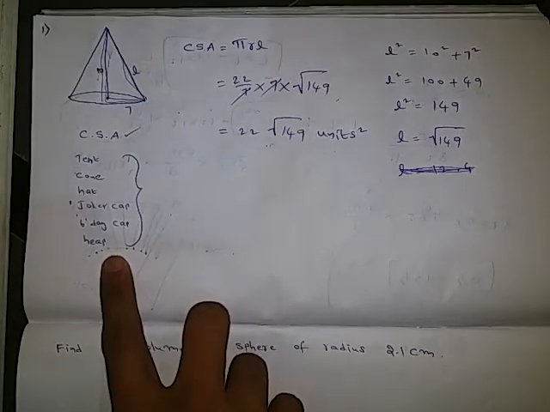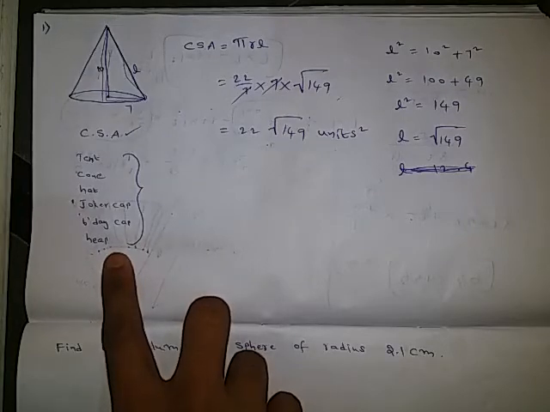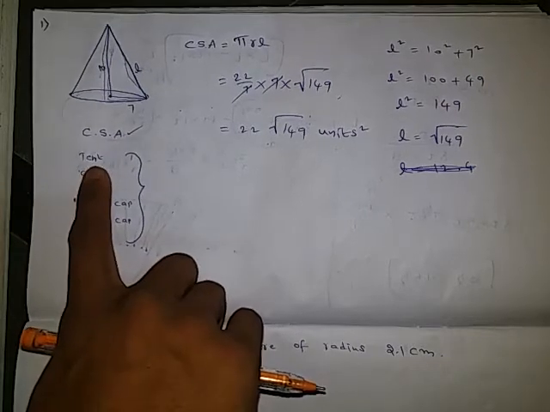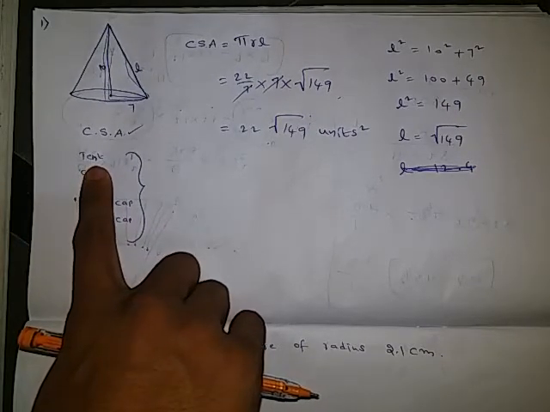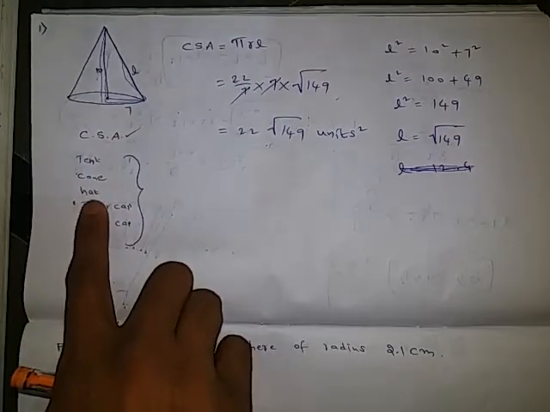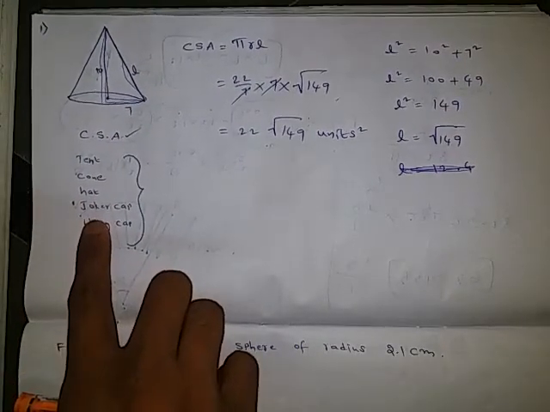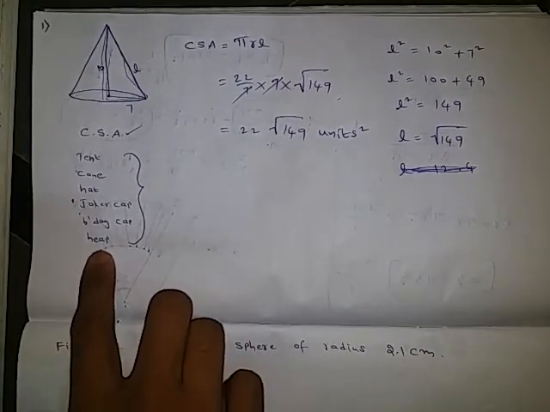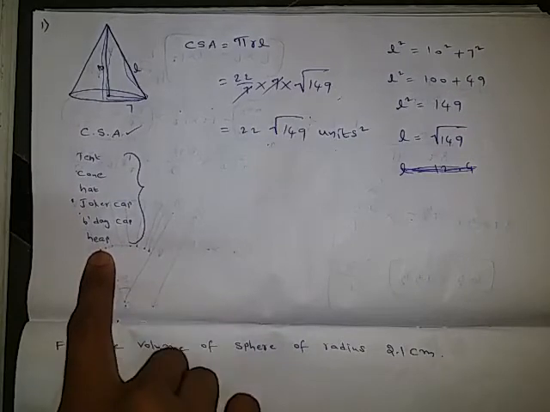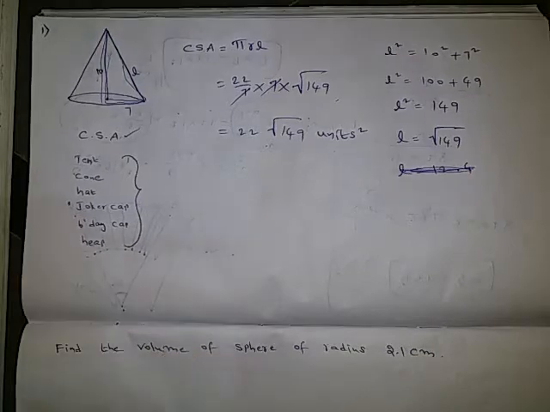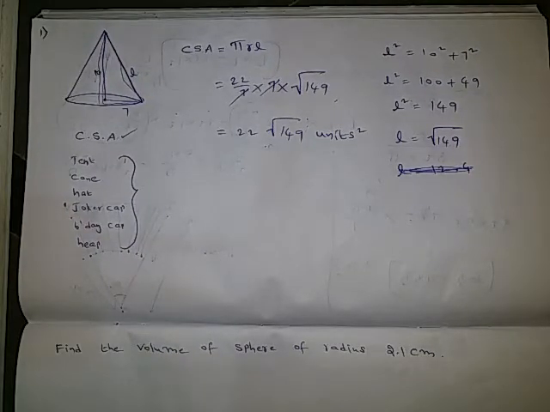So always we need to go with the cone only, and that too curved surface area only, because for a tent bottom will be opened, for cone the bottom will be opened, for hat bottom will be opened, for joker cap bottom will be opened, for birthday cap bottom will be opened, for heap also bottom will be opened. So one of the bottom will be opened, so we need to go with the curved surface areas. Okay, let's move to the next question then.